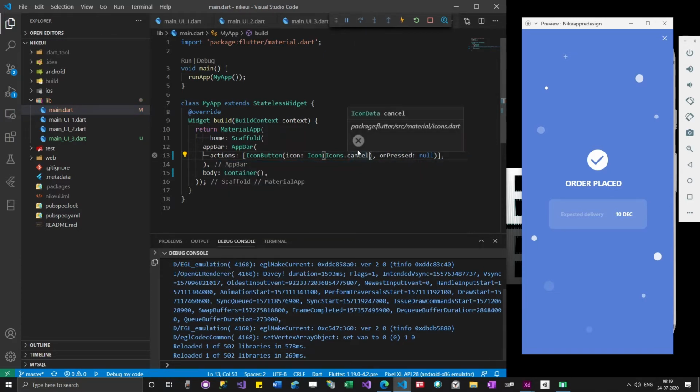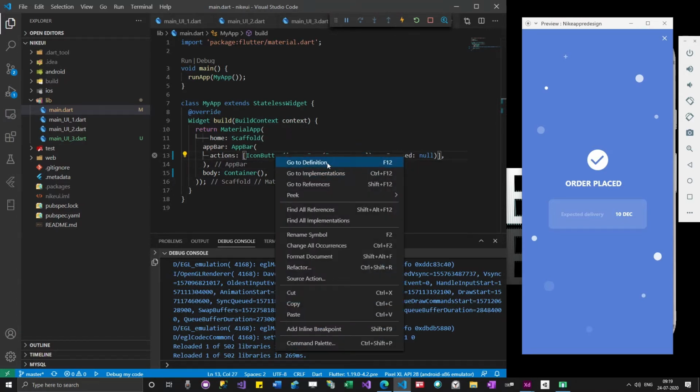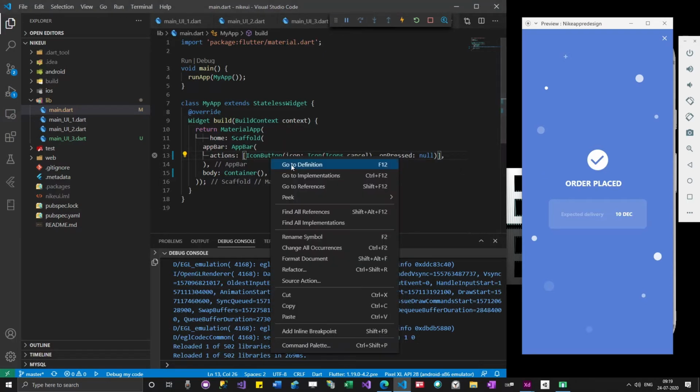So for those guys who are wondering what we are doing, these kinds of things you will purely achieve through writing more code. Okay, so in my previous videos I have explained how to use go to definition, go to implementation features, and then we have a number of features like this.